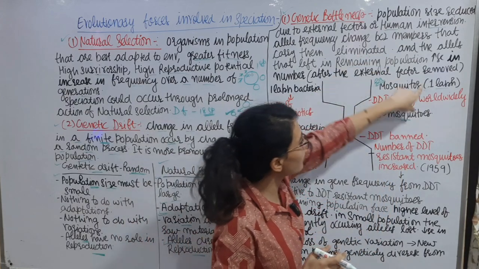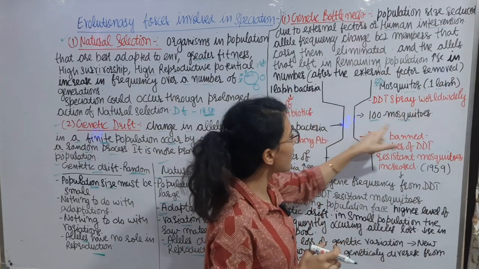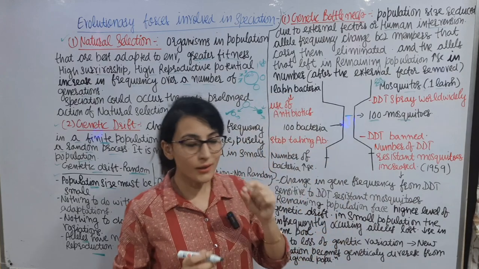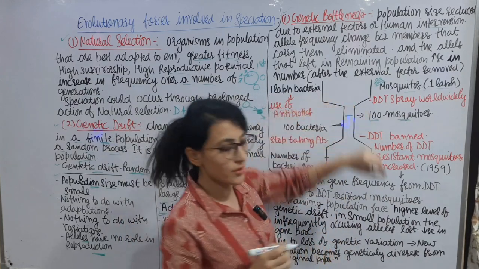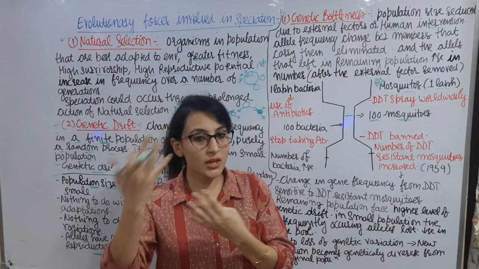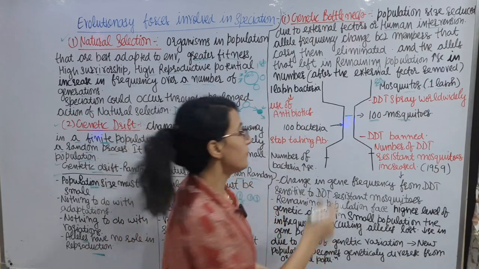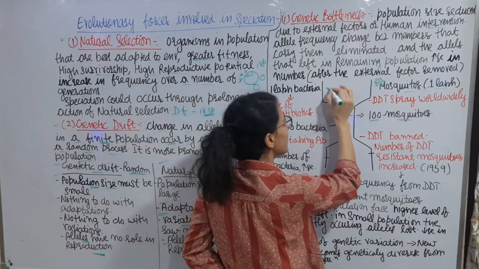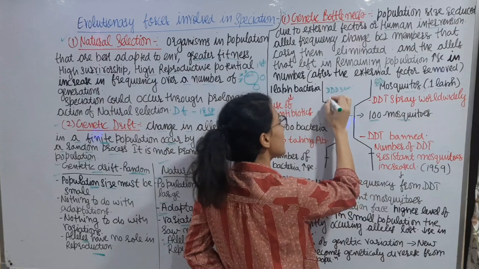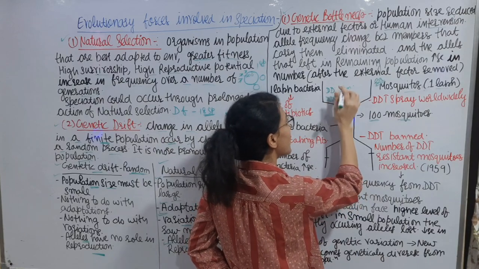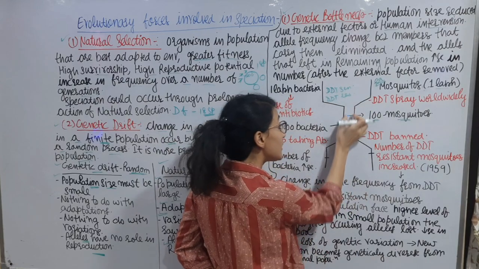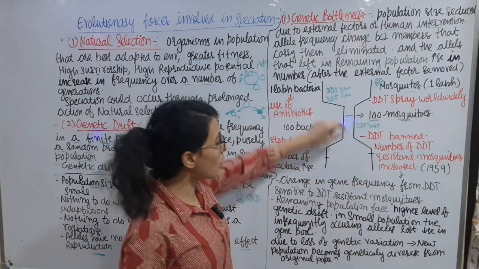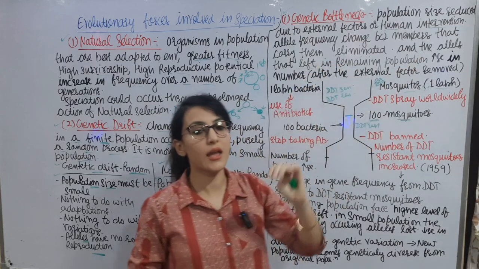We suppose the initial number of mosquitoes is this much, and after the DDT spray, the mosquito number reduced to only 100. Now there are only 100 mosquitoes in this population, and they have changed in their allele frequency. In this population there are DDT sensitive mosquitoes plus mosquitoes which are resistant to DDT. But only DDT resistant mosquitoes are left, or all the DDT sensitive mosquitoes have been eliminated